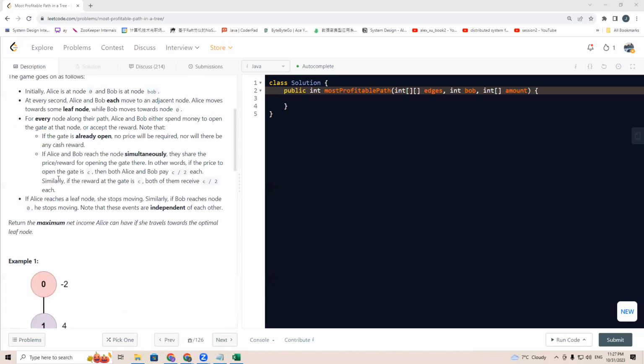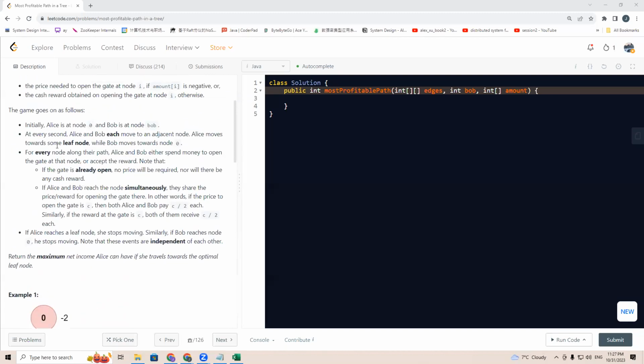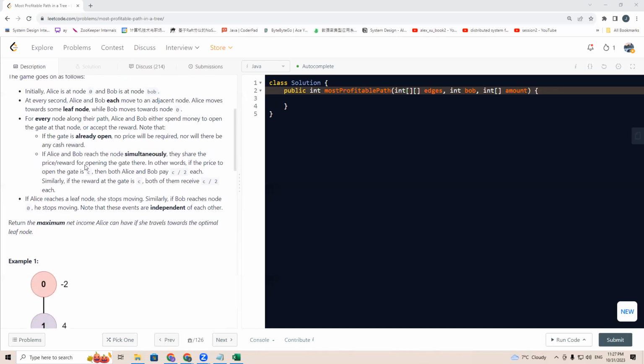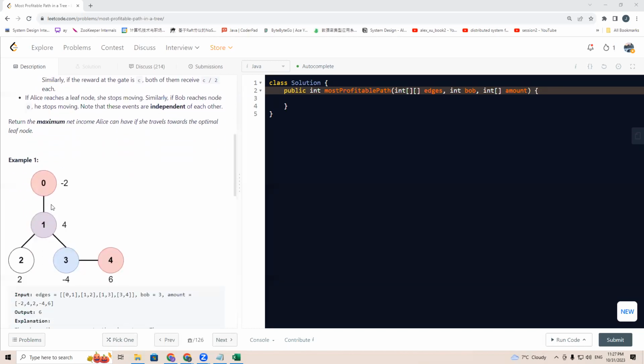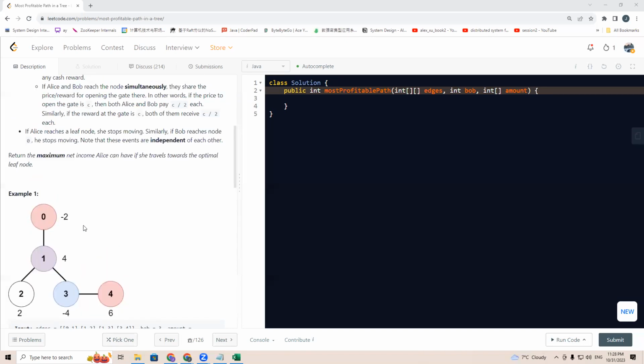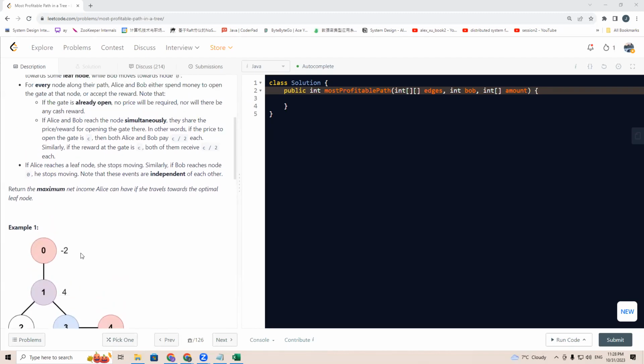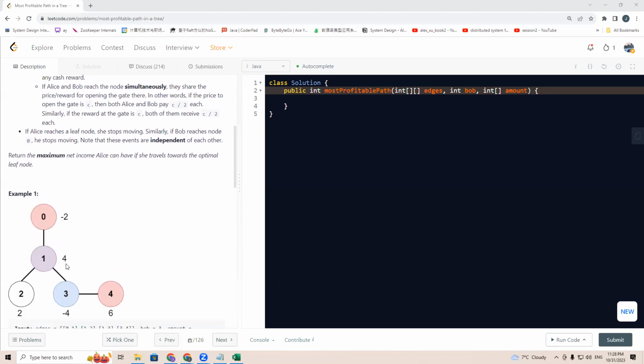And it says that for every node along their path, Alice and Bob either spend money to open the gate at the node. So that means, for example, Alice at node 0, then she needs to spend -2 money, and